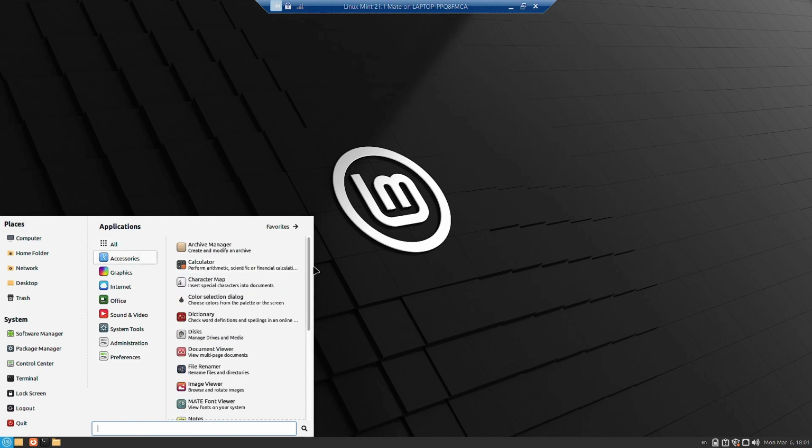So in accessories section, you got this archive manager, calculator, character map, color selection dialog. There is a dictionary, the disk manager, that is the GNOME disk is there, document viewer is there, file renamer is there, image viewer is there, Mate font viewer is there,